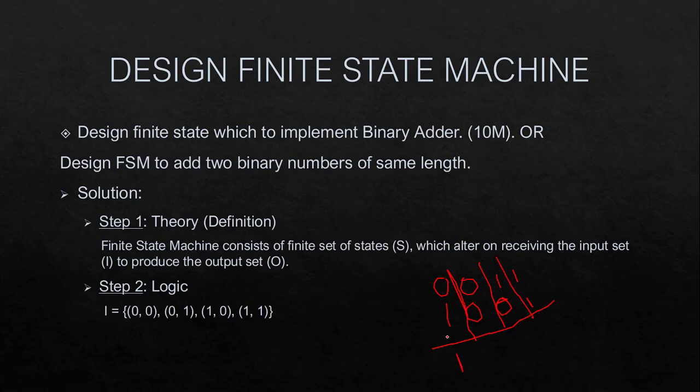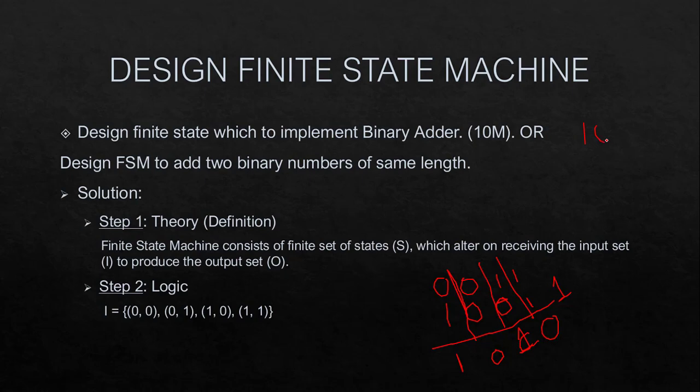The addition will be 1 and there is no carry generated. When we add 0, 0, we get the addition as 0. When we add 1, 0, we get the addition as 1. And finally, when we add 1, 1, the remaining addition will be 0 and a carry is generated as 1. So this carry, when there is another digit appearing after, we have to add to that digit along with the digits already present in the input.